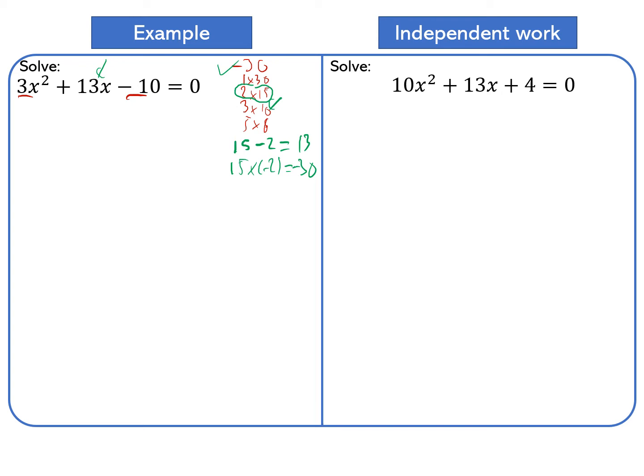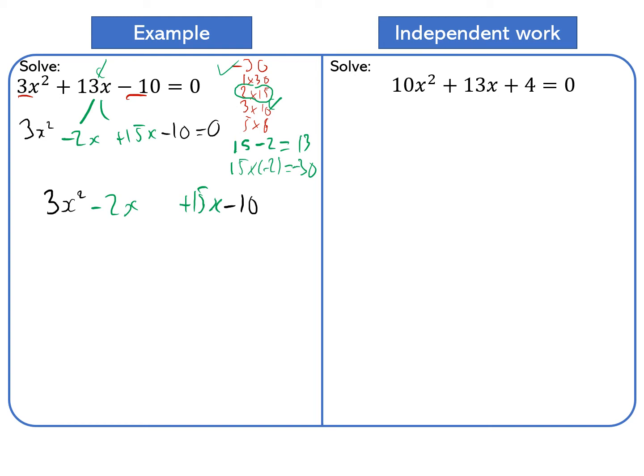So now I split that 13 up. Remember, if you've got just one negative, put that one over here, that will help us. And then our other one is 15, minus 2 and 15. Our 3x squared falls down, our 10 falls down, and that's equal to 0. We just read it again to make sure I've not missed anything out. So now next job is I write that out again. So I've got 3x squared minus 2x plus 15x minus 10,